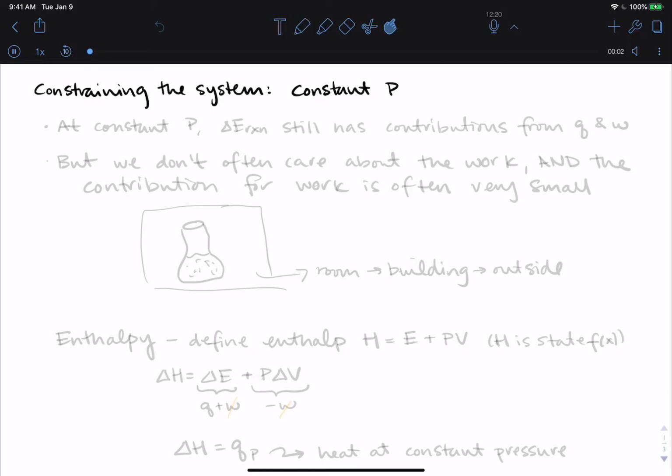The second way that we can constrain the system is by doing reactions at constant pressure. I said that this one was a little bit more complicated. It's more complicated only in terms of how directly we get information from the reaction, but in terms of doing chemistry, this is how you've done every chemistry experiment in lab up until this point. When we do reactions open to the atmosphere or out on the benchtop,